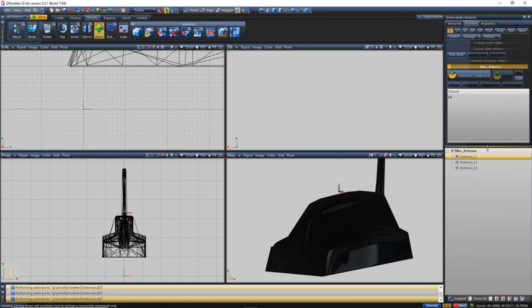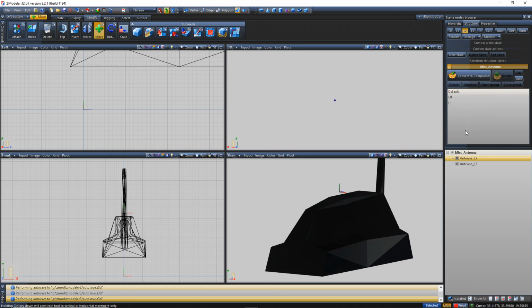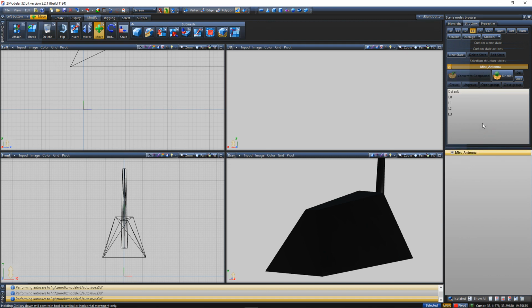I'm going to move this down some just so I have a little bit of room to work with and I can see what I'm doing. Then once you drag your LO in, you're going to go over to your L1, and note the LO is going to disappear because it is compounded now. That's the way you're going to know if it worked or not, if you click out of the LO and that first one goes away. Then from your L1 tab, grab your L1, drag it in, L2, drag that one in, and your L3, drag that one in. Now you have basically successfully converted your object over to be able to use it in GTA